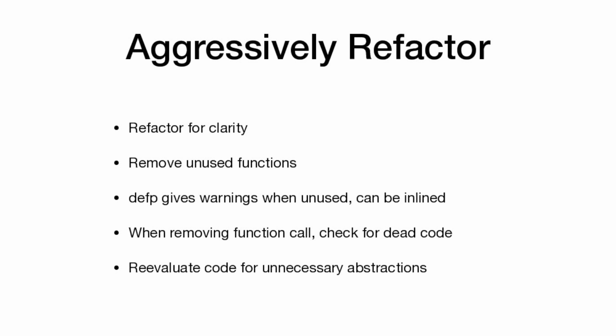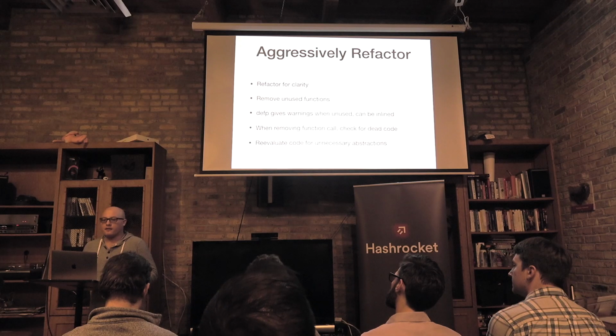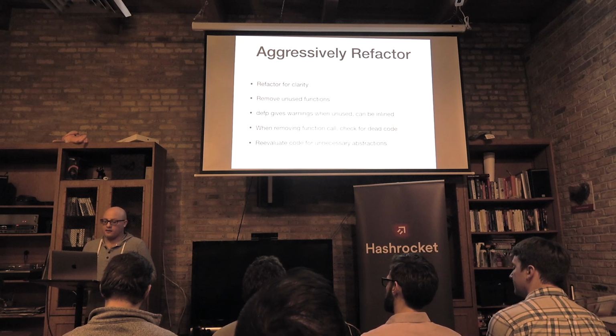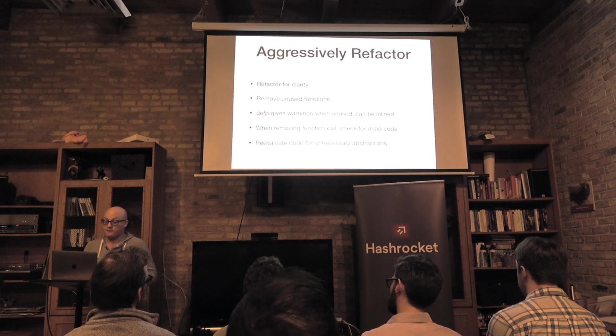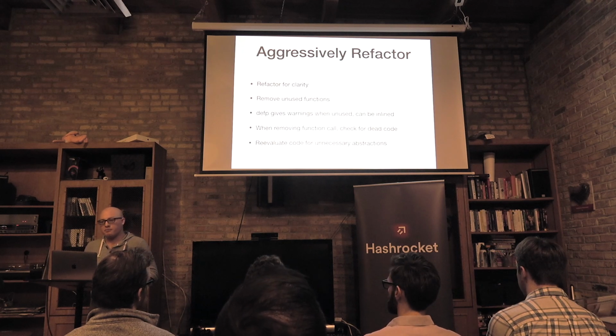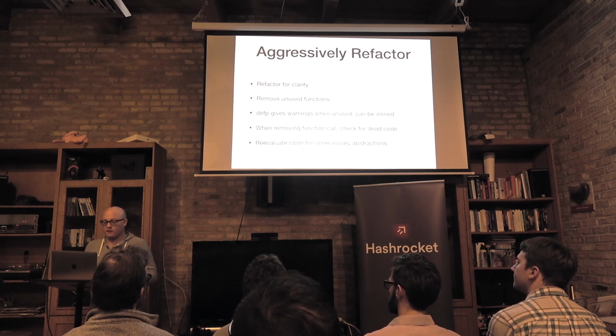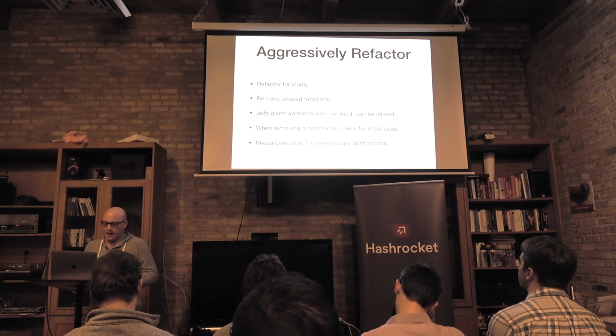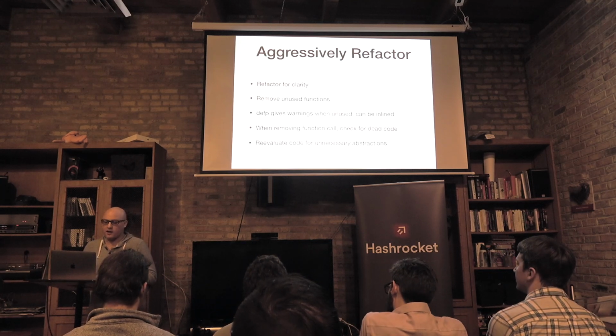Aggressively refactor. I love refactoring. Refactoring is probably my favorite thing to do as a developer. But refactoring for clarity is really what you want to be doing. Most of the time Elixir is fast enough, so you're not going to be refactoring something to make it a little bit faster most of the time. But naming things and pulling things out to functions is often really, really conducive to figuring out the actual shape of your application. Usually your first and second iteration at something that you're doing is not going to be the clearest,